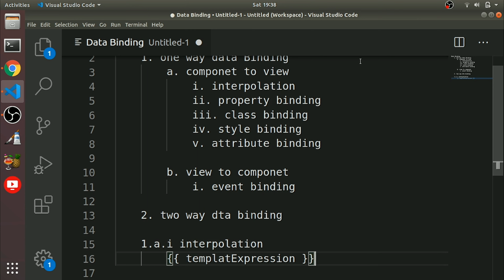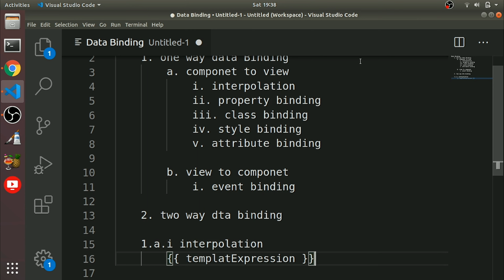Next we have property binding. Property binding allows us to bind an HTML element property to a property in the component. That means you can set properties such as class, href, src, text content.